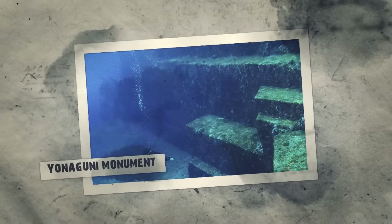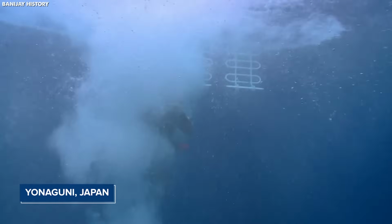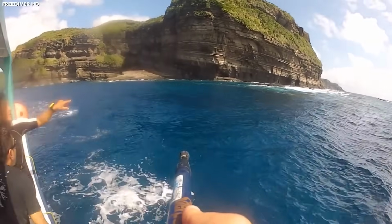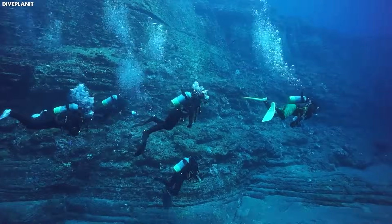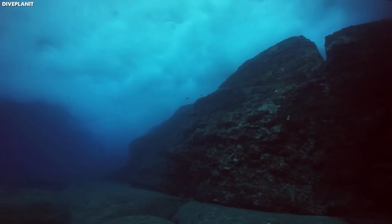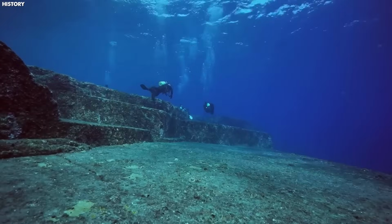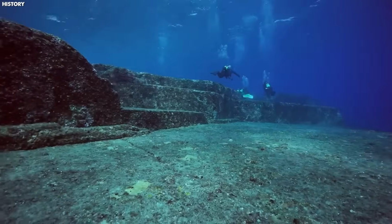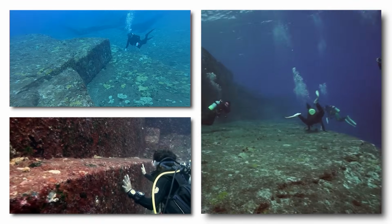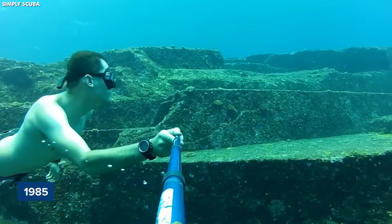Yonaguni Monument. Imagine yourself diving off the southern coast of Yonaguni, Japan. Sunlight filters through the crystal-clear water, illuminating a breathtaking underwater landscape. But this isn't your typical coral reef. Instead of colorful fish and swaying seaweed, you find yourself surrounded by massive stone structures, geometric shapes, unlike anything you have ever seen before. That's exactly what happened in 1985, when a diver named Kihachiro Arataki strayed a bit too